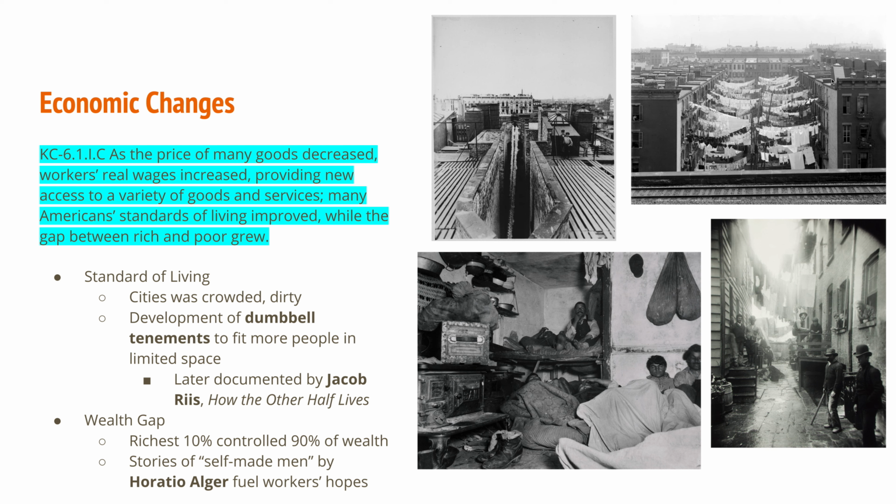The top right picture is the more traditional tenement, just these rectangular buildings. The people living inside, as you can see, were very crowded. A lot of times there were six or seven people to a very small room. This is documented in Jacob Riis's How the Other Half Lives, in which he gives a written account and also some photographic images of how people in the inner city live. A lot of the people living in the inner city were immigrants who had just recently come to the United States to work.